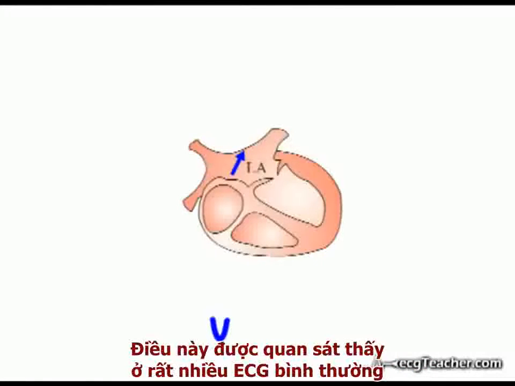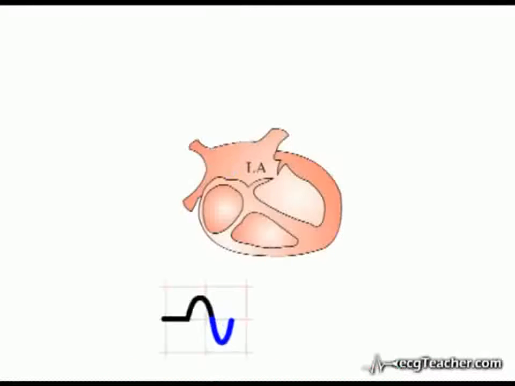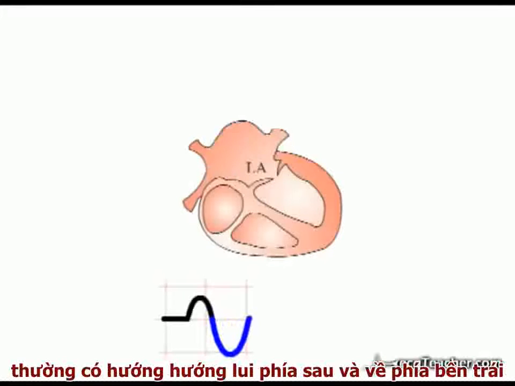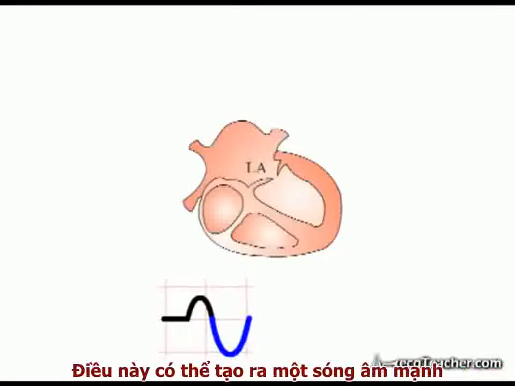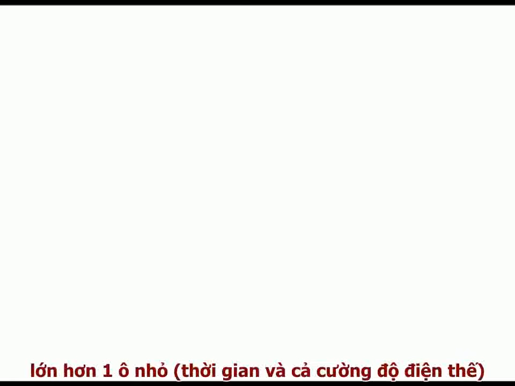This is observed in many normal ECGs. However, in the presence of left atrial enlargement, this finding can be dramatically exaggerated. Enlargement of the chamber is usually directed posteriorly and to the left, and this can result in a very prominent negative terminal component to the P wave in lead V1. A negative P wave component in lead V1 greater than one small square in width and depth is suggestive of